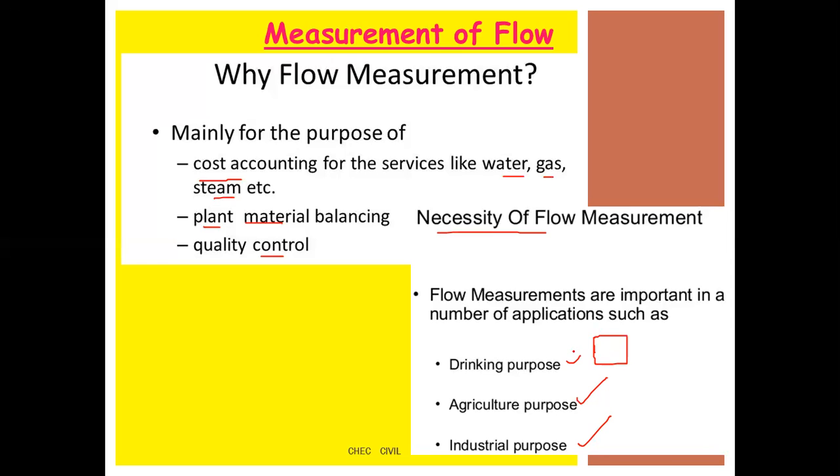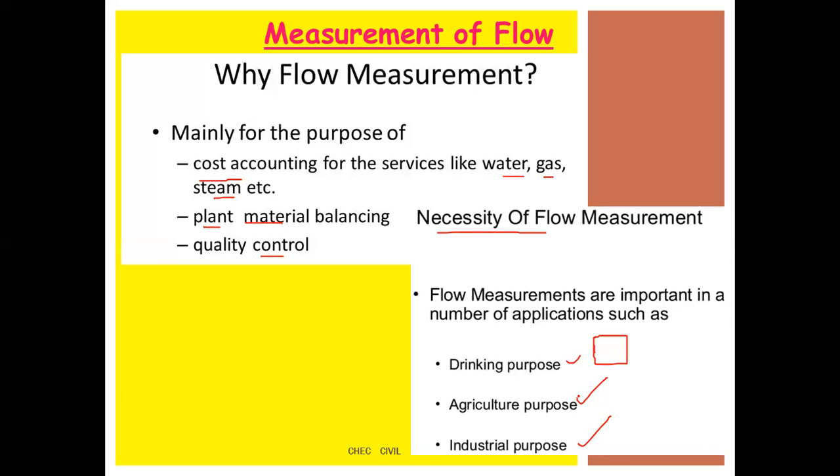Okay, so the drinking purpose, agriculture purpose, and industrial purpose. In the RO process, or on the roadside where you get a water can, the water is flowing in various pipes, right? You have the valves, the nozzles, and the orifices. The water passes through various filters, and thereby you get the quality of water. So here it is very, very important to check the flow rate of the